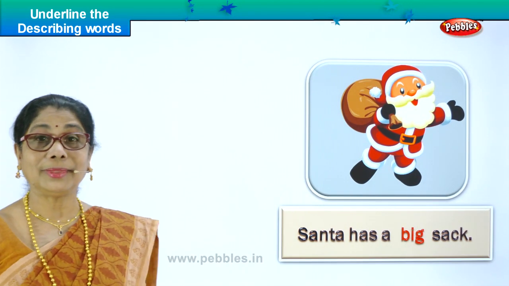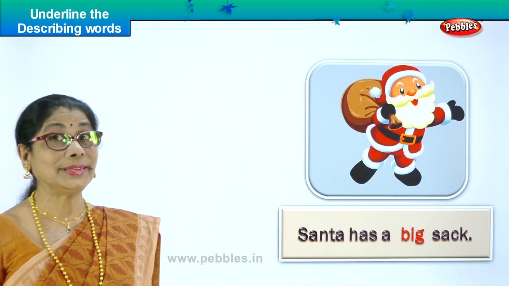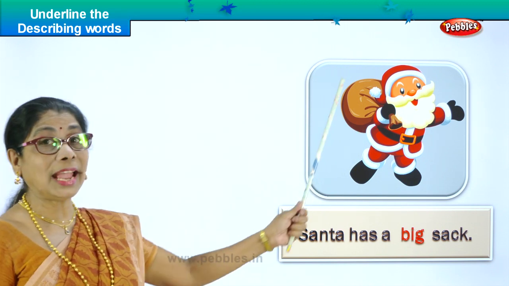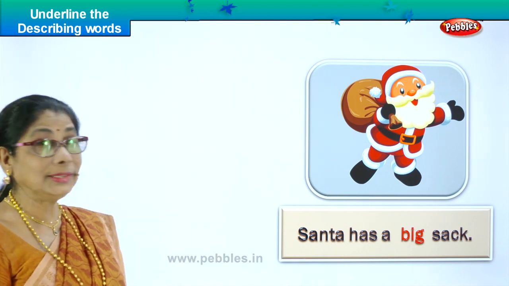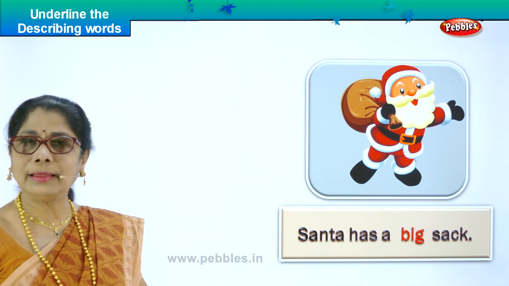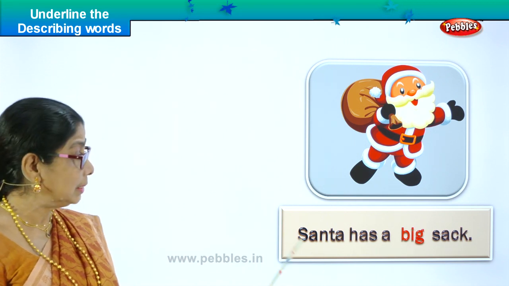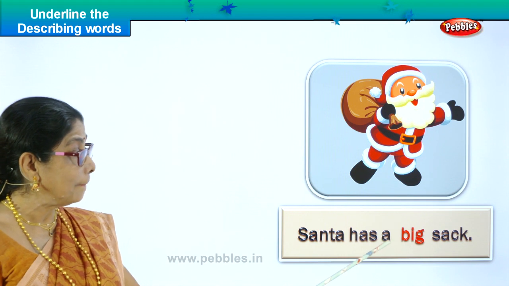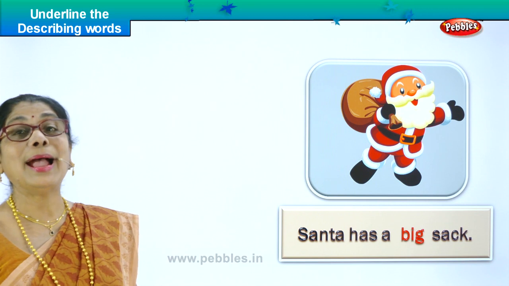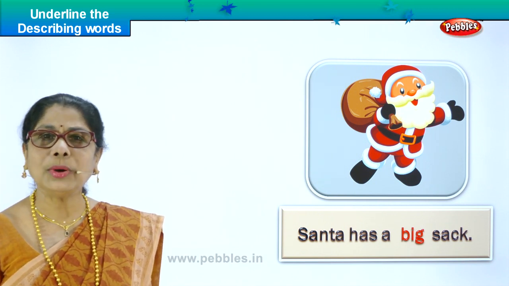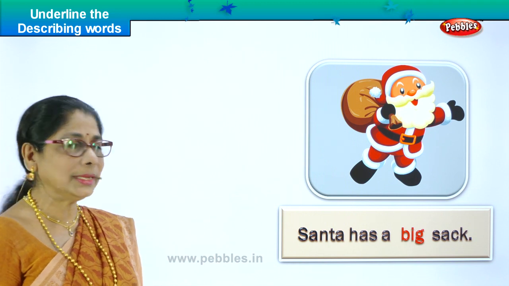Look what you have. Your Santa. When does Santa come to your house? Christmas time. Good. What does he have on his back? Definitely a huge big sack. Let's read the sentence. Who is Santa? Santa is a person who rewards good little boys and girls. Santa has a big sack. What does Santa have on his back? A big sack. What does the sack have? All lovely toys for boys and girls. Now,